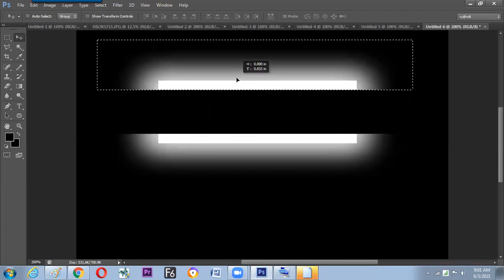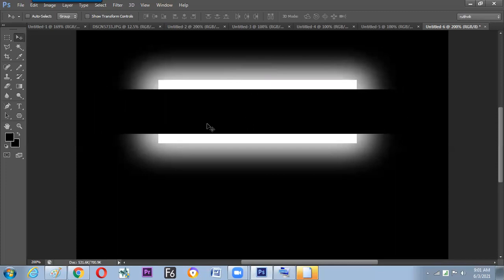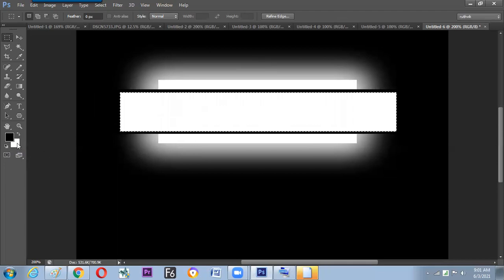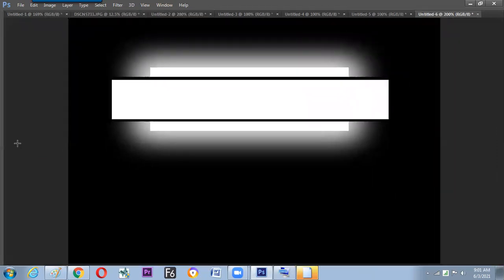Now drag it up. So what we have seen now, we have created a space to make the titling with feather, and a normal box can be added in the middle. And the default foreground and background color can be set by clicking over here or pressing D. Now fill the white inside it. How to fill the background color? Control Backspace. So here we have seen now how to split the screen into the next level.